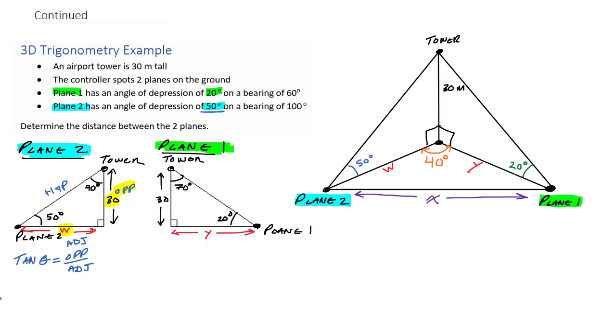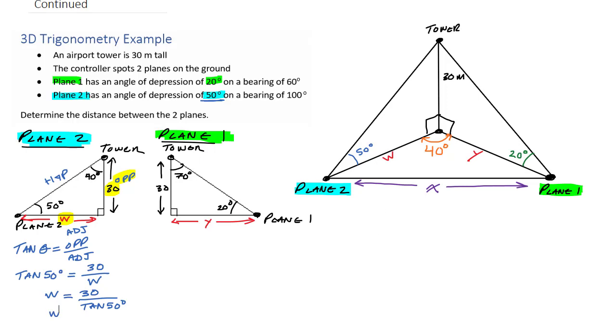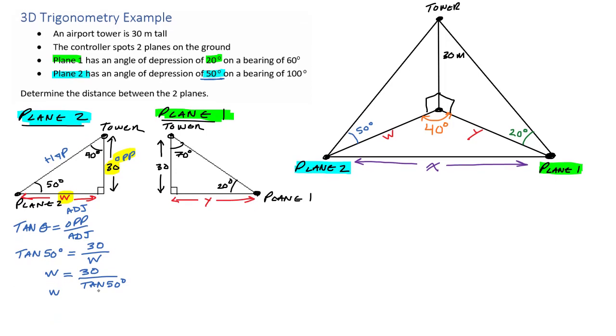The same stuff. So, all right, we're going to do tan of 50 degrees equals the opposite side, which is 30 divided by w. All right, so I'm just going to multiply both sides by w, divide both sides by tan of 50, and it just flips things around like this. And to save us time, make sure your calculator is on degrees, not radians. I know I'm kind of squishing this down here, but let me just move this up so I can fit more of the lesson on the page. There we go. And w is equal to approximately, I got it written down here. I'm going to write down a few decimal places,